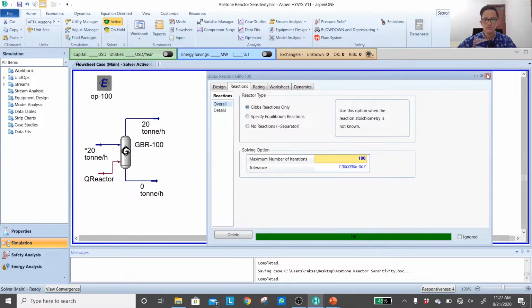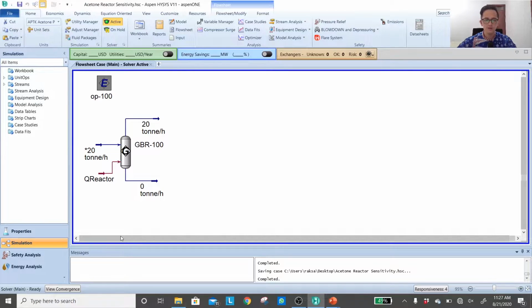Okay, so because of this, it's very easy to use a Gibbs reactor if your product is actually the most spontaneous product of the reaction. Okay, the problem is now we don't have a proper evaluation of the reactor itself.